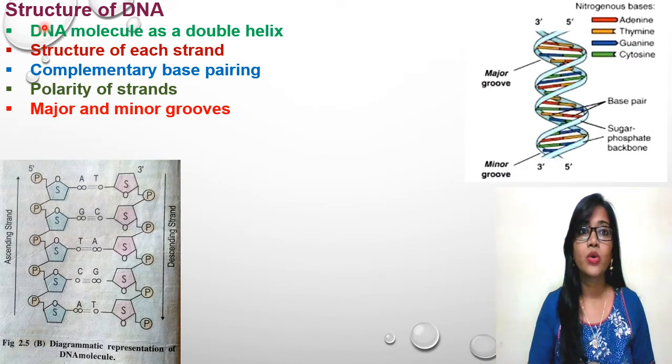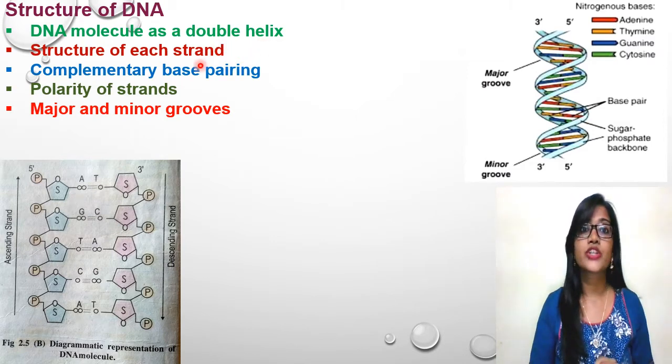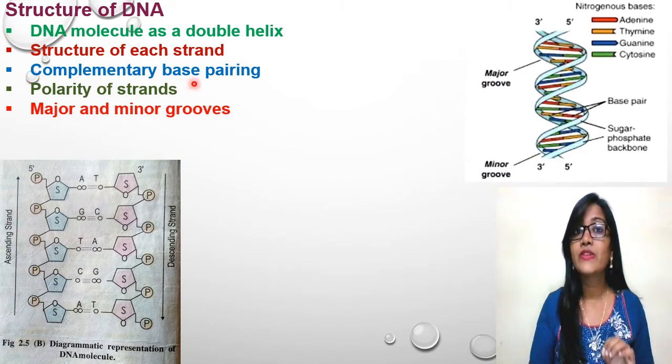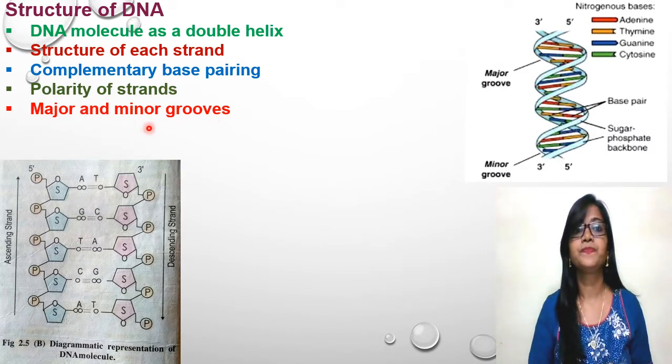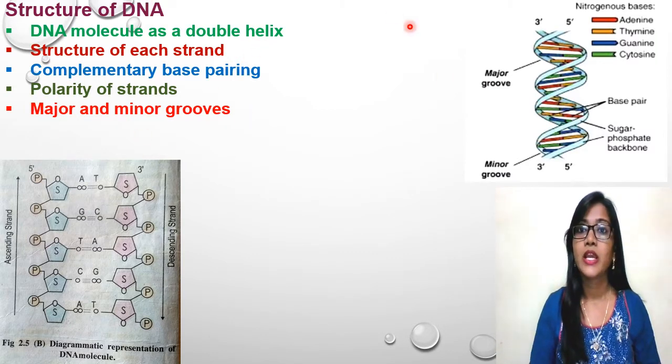So in the structure of DNA, it is very essential that we understand thoroughly what a DNA molecule is, and a DNA molecule is a double helix. It is a double helical structure of two strands. You must understand the complementary base pairings, the polarity of the strands, and the major and minor grooves. We are going to discuss it one by one, but before getting into that part,